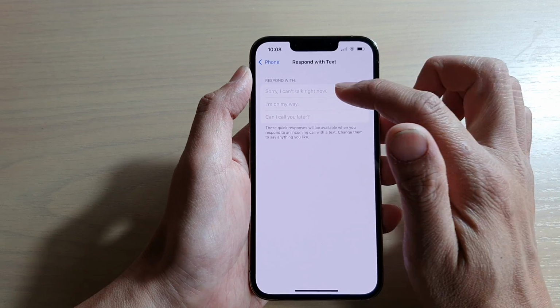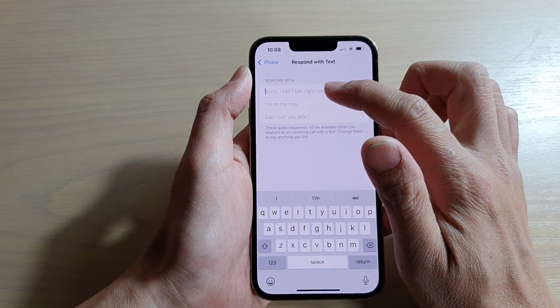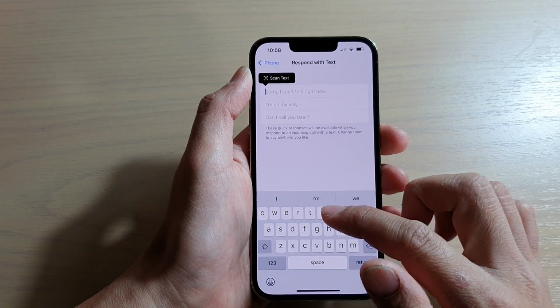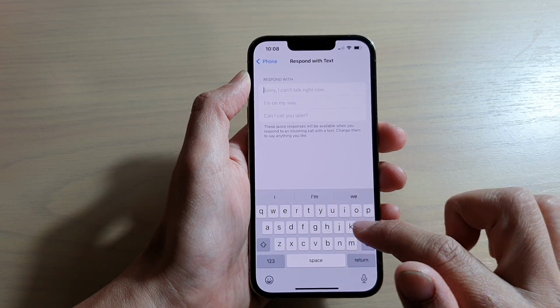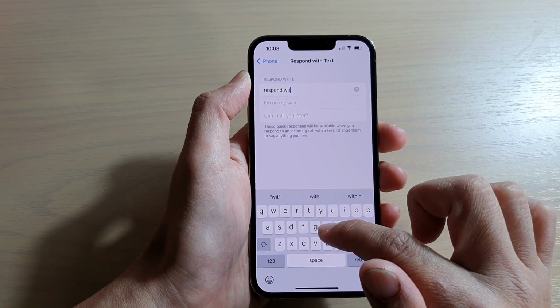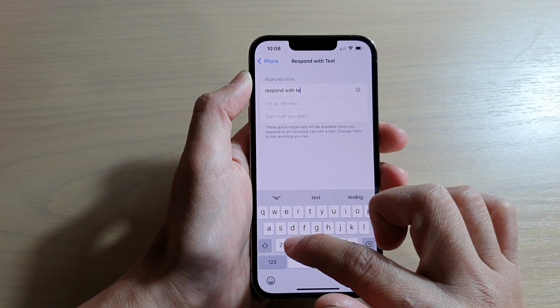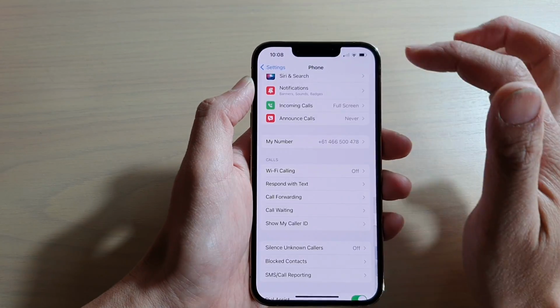Those are the defaults. Now to override the default, you can tap on the text field right here, and you can put in your own respond with text. So I'm going to put in respond with text for now, and then I'll tap on the back key to